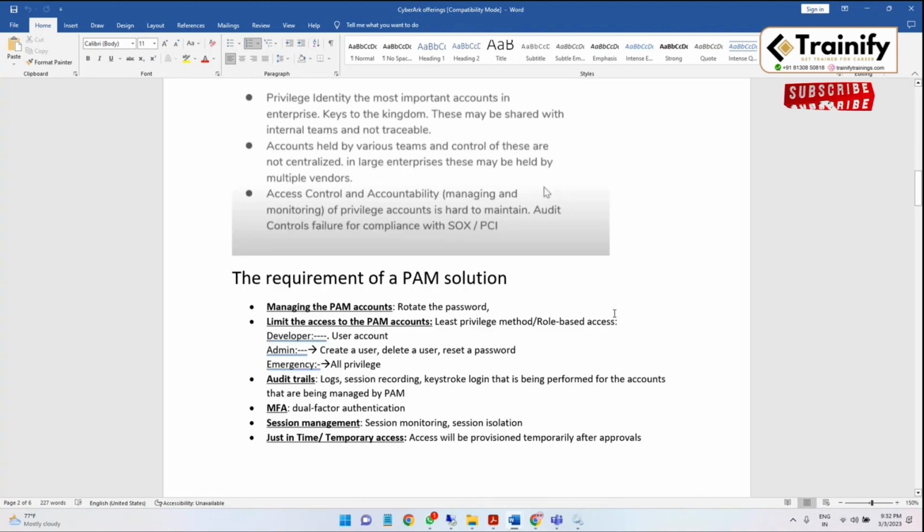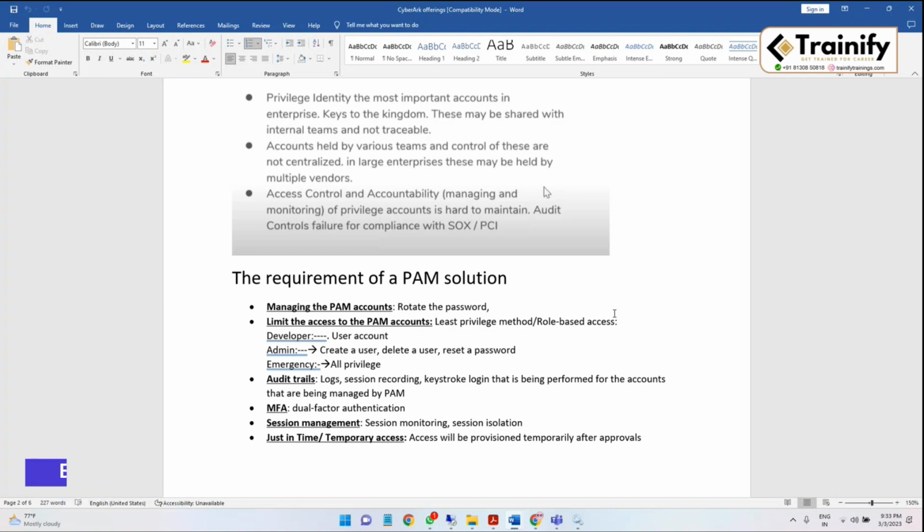Let's quickly cover the requirement from the privileged access security solution. If you are investing so much money into a PAM solution, a privileged access management or privileged access security solution, what are some standard expectations from that investment, right? How do you think that the CyberArk solution is going to provide a secure environment for your privileged accounts, and how does it add value to your infrastructure, right? So let's understand certain features that CyberArk can provide that can be helpful in order to protect your privileged accounts,